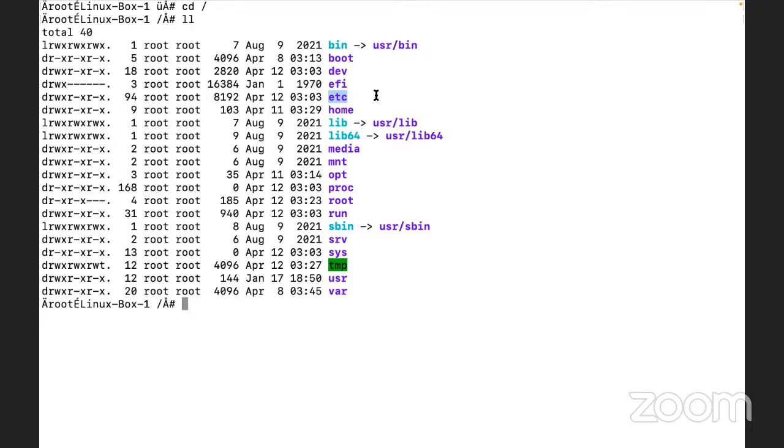Sir, user related information, what we created, user or something. Okay, so let me tell you what is ETC. As Ayush said, very correct, ETC means editable text configuration.